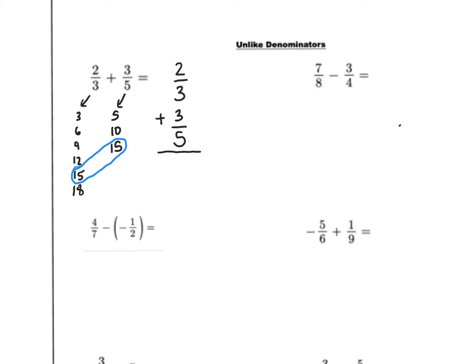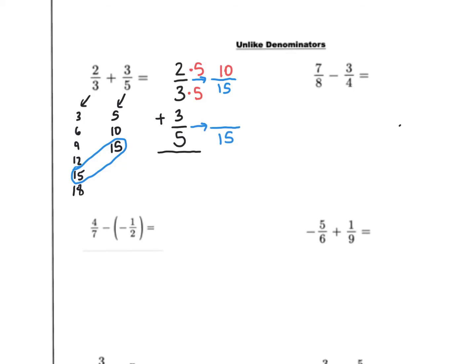Okay, and so what we want to do then is that we would throw 15 under there and 15 under there, because that's our target of what we wanted to go ahead and do. So what we're looking at is then we ask ourselves, what do I multiply a 3 by in order to get a 15? And the answer to that is going to be a 5. So I multiply the top and the bottom by a 5, and so that's going to give me 10/15 for